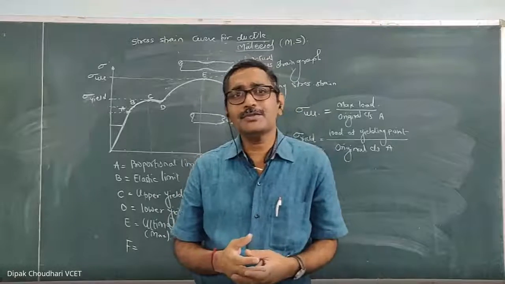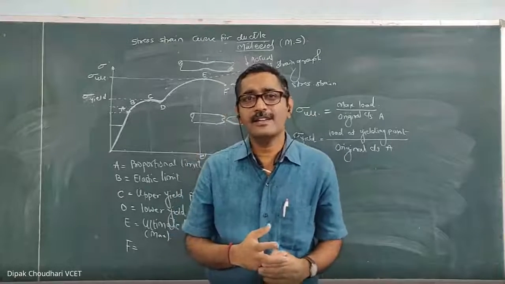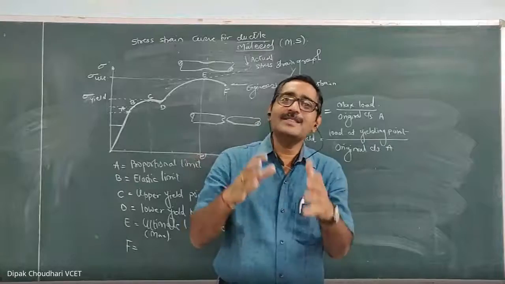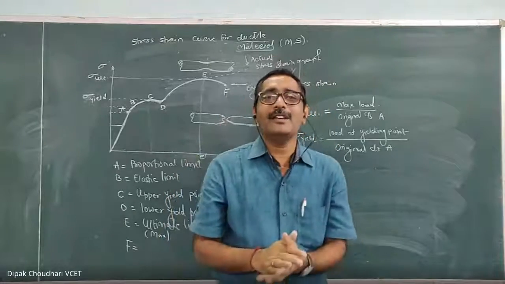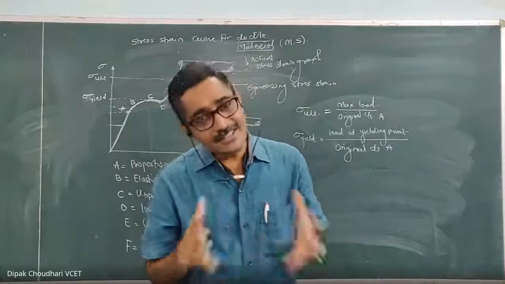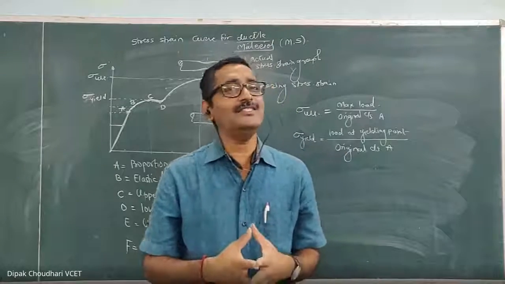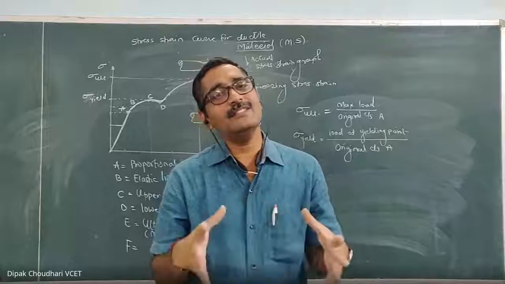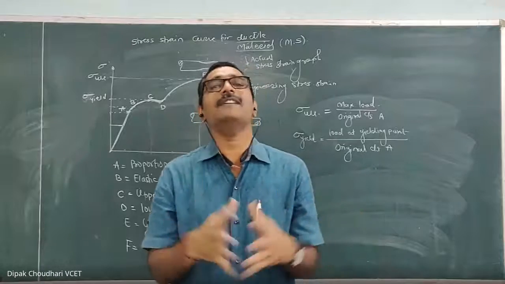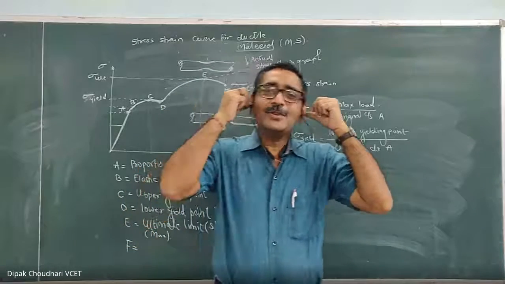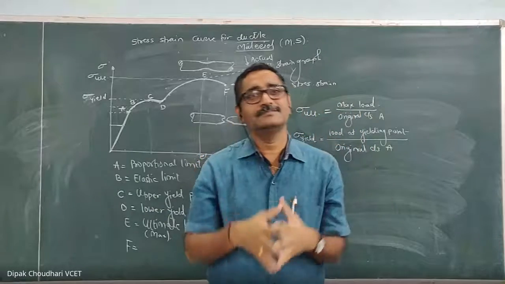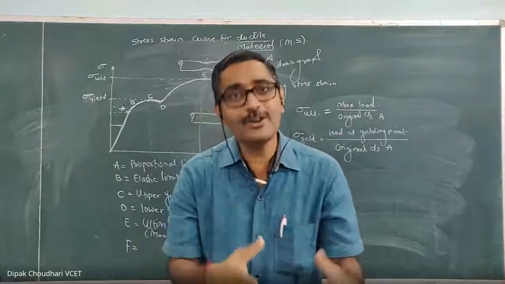And failure means what? Why do we say that it has failed? Failure means it doesn't work properly. It doesn't work satisfactorily, so we can say that it is failed. So in mechanical engineering also, failure means when the part does not work satisfactorily, we can say that it is failed. Now there are a number of factors for the failure of that particular component.